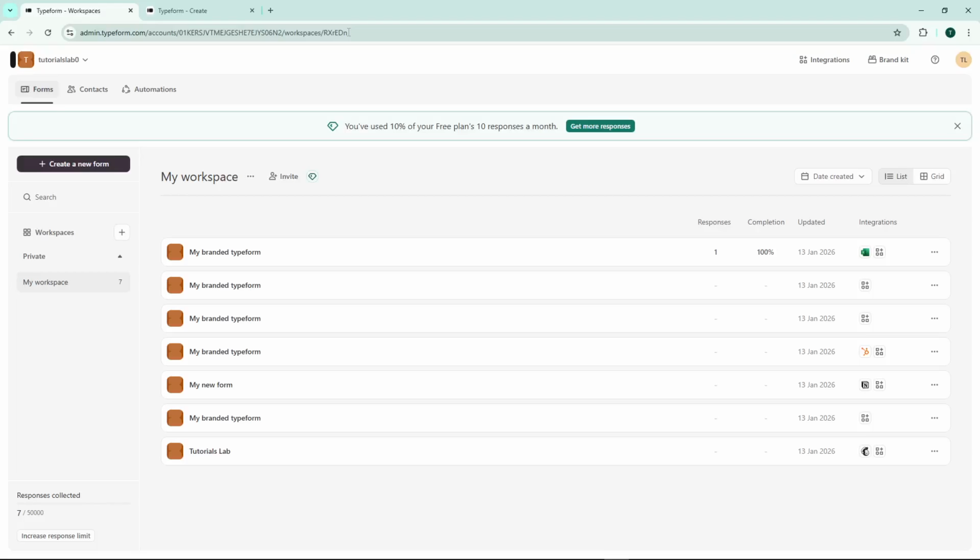Welcome back, everybody. Today, I'm going to teach you how to export responses into Excel in Typeform. This is incredibly useful when you need to analyze your form data in spreadsheets, create reports, or share results with